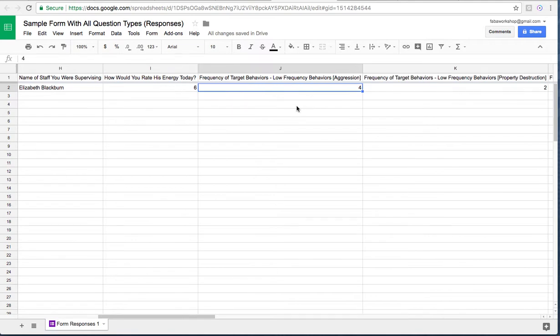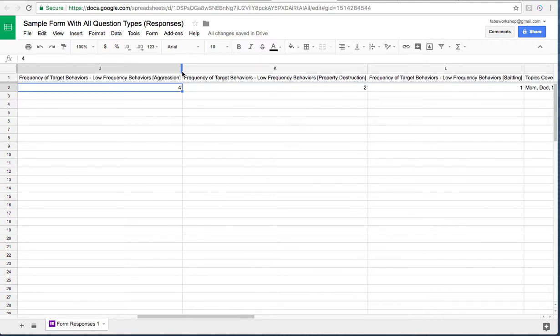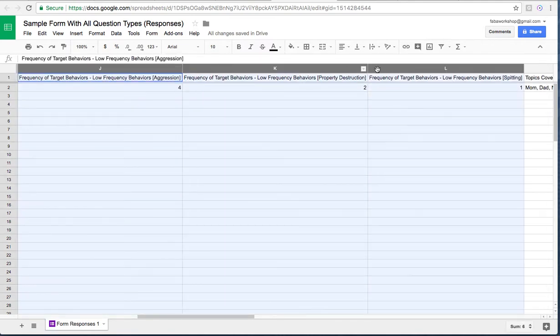Let's scroll over here. So these 3 columns were all one question. Remember, we had frequency of target behaviors that were low frequency, and we had the multiple choice grid there. What it gives you is the words, or in this case, the numbers, associated with whatever is checked off, and each row on that question gives you a different column here. So if you remember, we had,